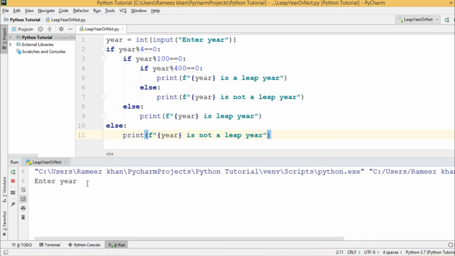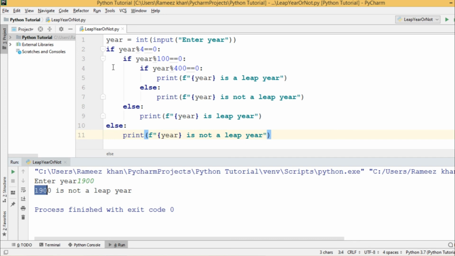Here we enter year. Here we enter 1996. 1996 is a leap year. Now again run. Now we write 1900. Here you can see 1900 is not a leap year